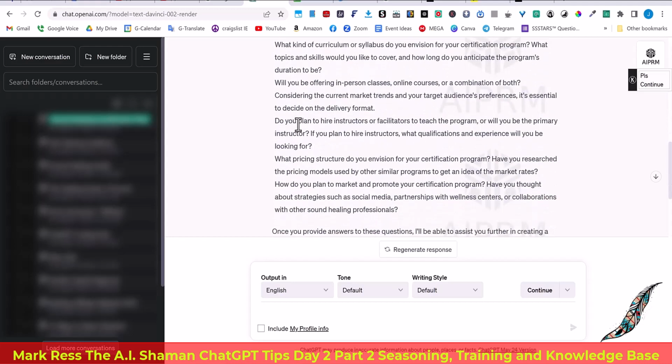Okay, so this is really good because now we're starting to get on a path of clarity. We're starting to go down a path, like a roadmap, to be able to achieve our goals with regards to what it is that we want to do. And again, the more detailed you are, the more information you give ChatGPT, the better it's going to serve you. And if you don't know what information and details to give it, then say, hey, look, I want to do this,